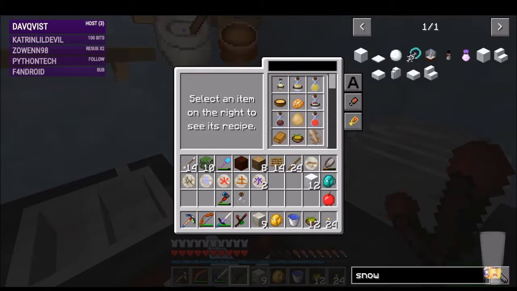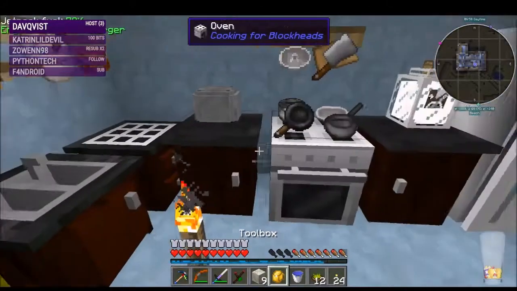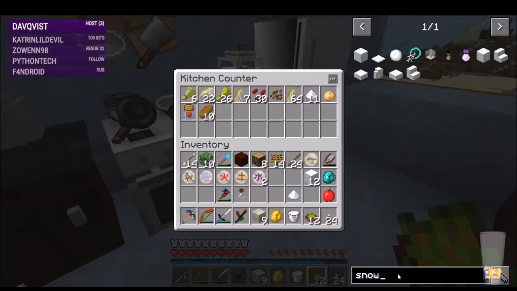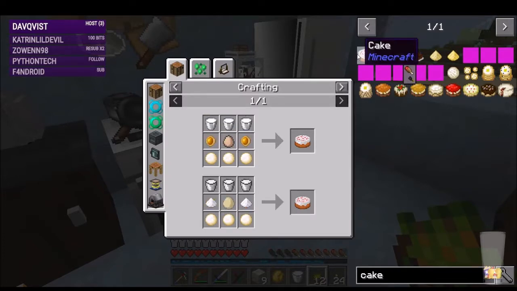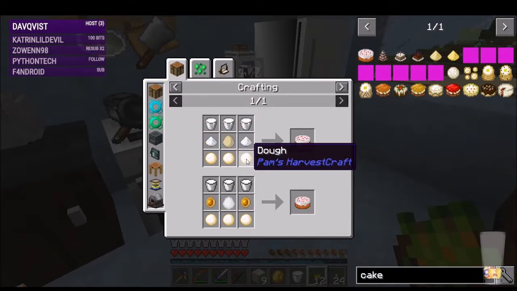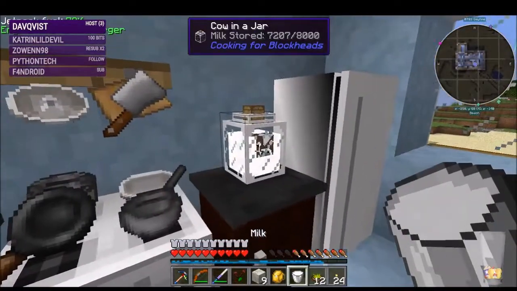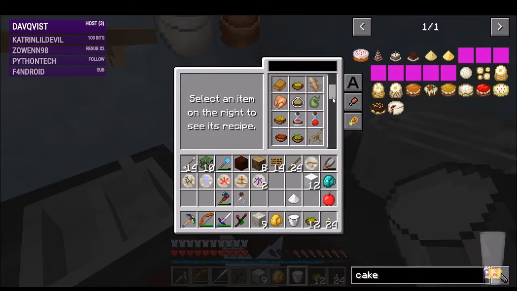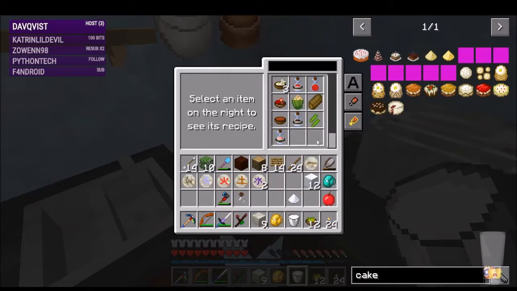What? It's been a while since I've made vanilla cake. The recipe is different. It uses dough now instead of wheat, and that is what we don't have. Aha. Can I put you back? No. Need to make dough. And dough is made with flour. Alright, so can I make...